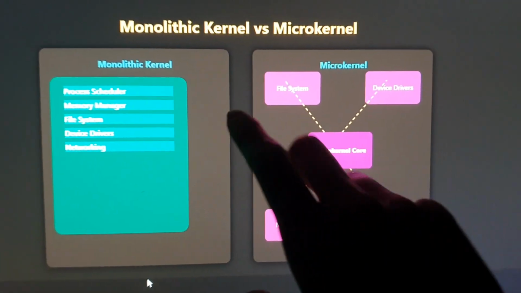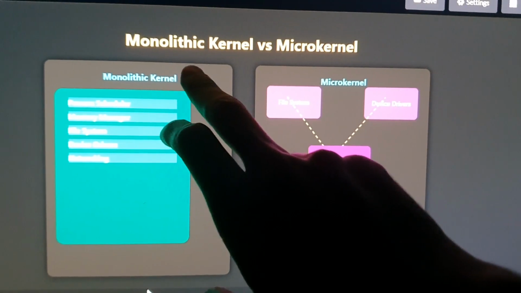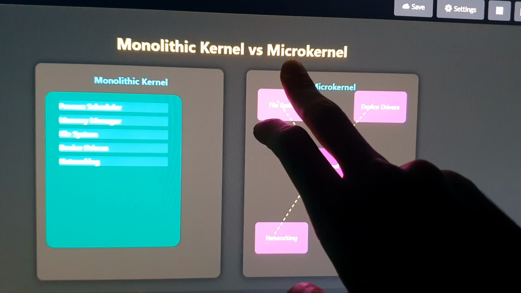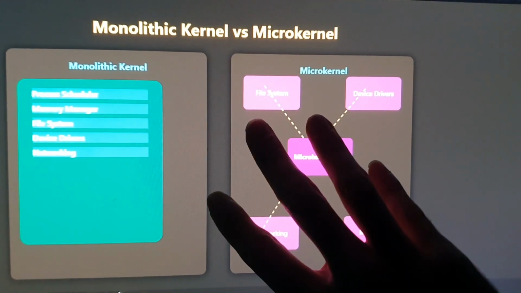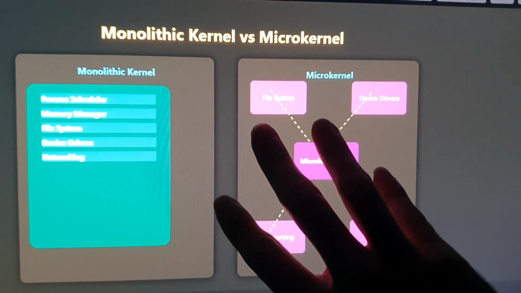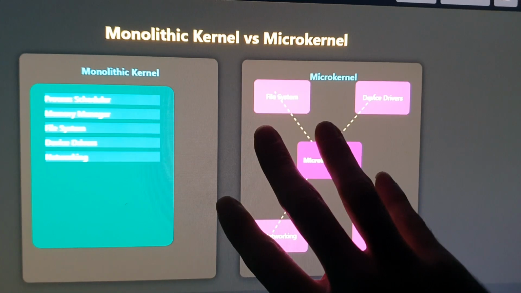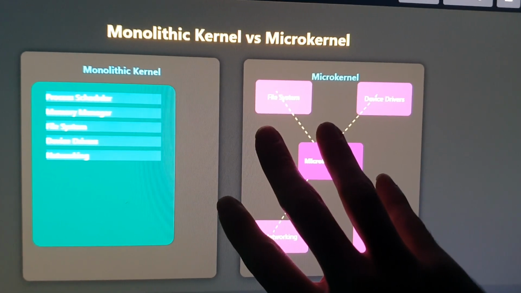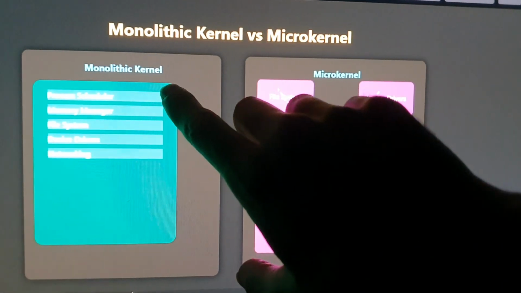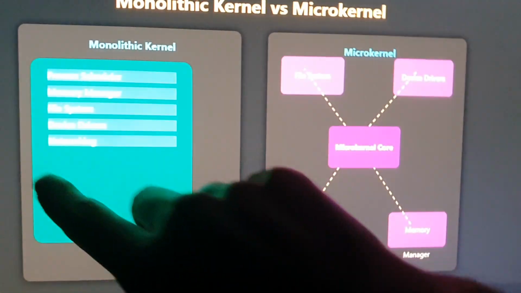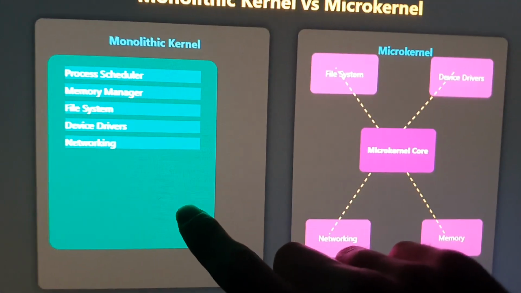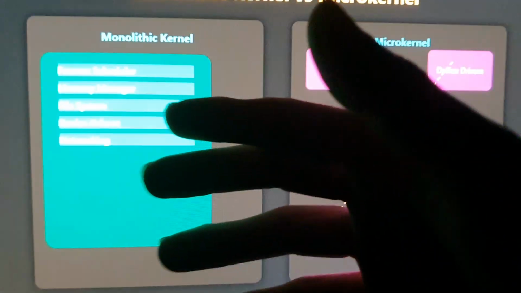Okay, so now let's talk about the difference between a monolithic kernel and a microkernel. What's the difference? The difference is quite like the difference between a monolithic and a modular system. In a monolithic kernel, everything is inside the kernel, or the kernel takes maximum responsibility for the maximum things